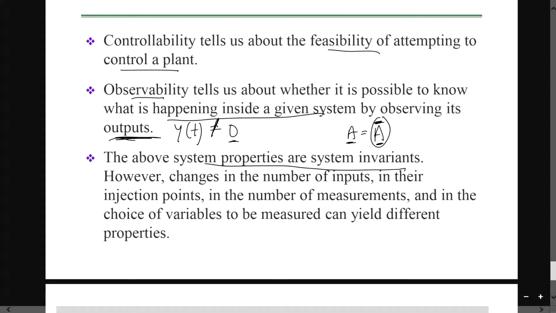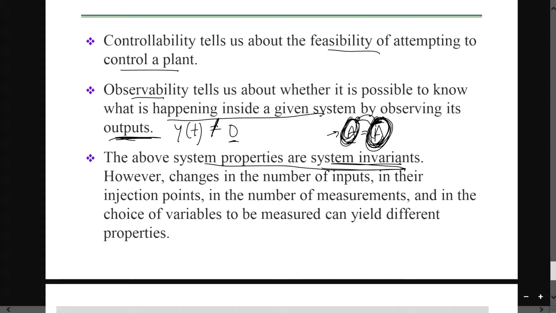Although the values may change over here compared to here, if you were to transform this back to A, you're getting back the same value of A. So it is something like translating Chinese to English and then translating English back to Chinese, same thing. So it's something like a system invariant, which doesn't change across the system at all.